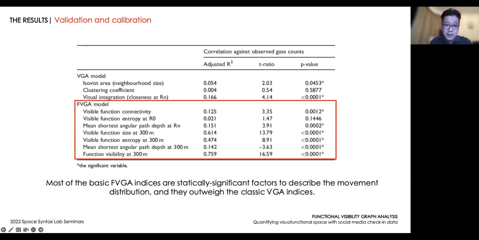So let me introduce the results. This is the very first one. We have to calibrate and validate the results. So here we did a simple task, as normally space syntax research has done. We correlate the centrality methods we have with the observed movement patterns, the gate count data. So the first piece of information you can recognize is that most of the basic FVGA indices,